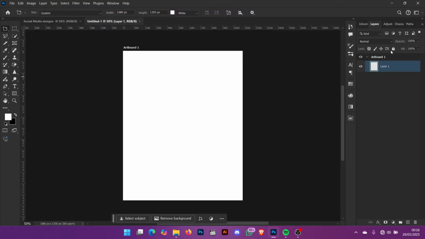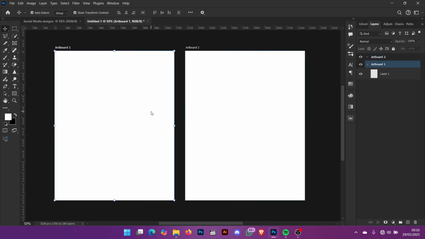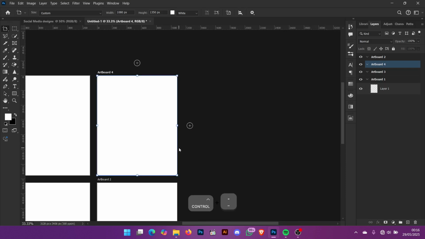So this artboard 1 is here. You can create multiple artboards. So anytime you want to create an artboard, you just need to come to this place and touch it. Then these 4 plus signs that are here, any part you touch is where the new artboard is going to be. So if you click here, you see it comes to the left. If you come back to this place and you touch your artboard, if you click up, it goes up. If you click here, it goes here. You can see